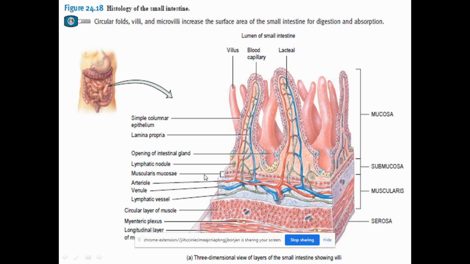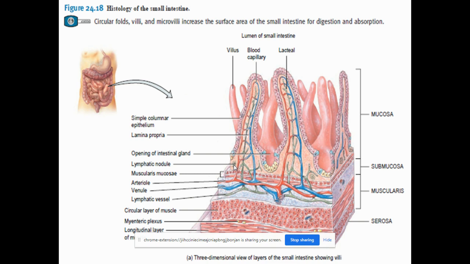Next is the muscularis mucosae. So the muscularis mucosae is present here, and you can also see the lymphatic nodules, MALT. So what is MALT? Mucosa associated lymphatic tissue. This MALT is present in the lamina propria. Apart from the MALT, they contain other cells called lymphatic nodules. So small lymphatic nodules, you can see from the picture here. You can see MALT is present and small lymphatic nodules are present. They are present in most part of the ileum.